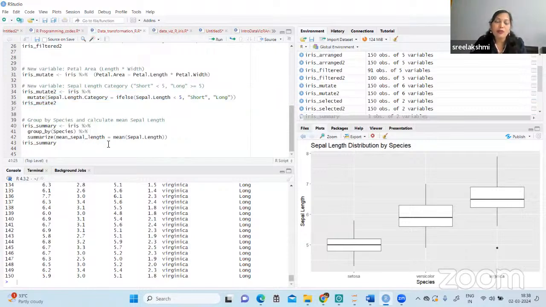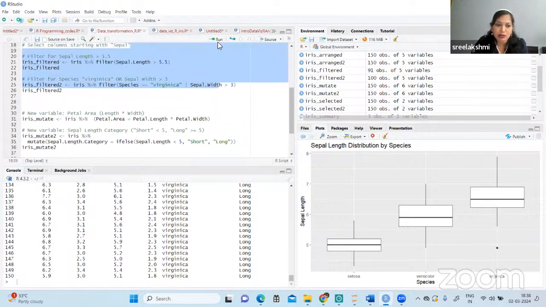Now, if I want to group the sepal length along with the sepal mean, meaning I'm taking the mean of the sepal length and I want to just take it as a group, then I have to use the keywords group by and summarize. Summarize is for the mean, and group by is going to group everything and give me the answer. Okay, when I execute this,